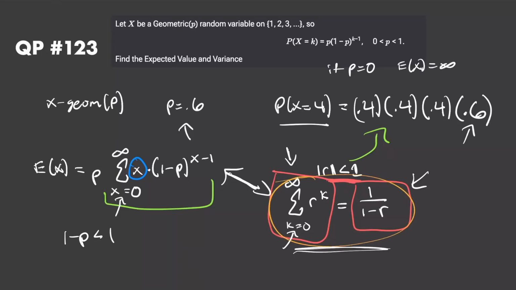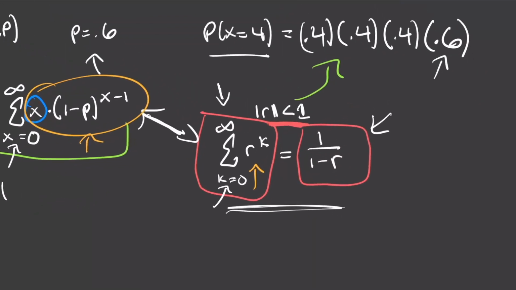Well, in relation to this formula over here, the only difference is that it basically looks like we took a derivative of this side, right? So that's a good place to start. I'm going to rearrange this equation to give me a new formula such that I take the derivative of both